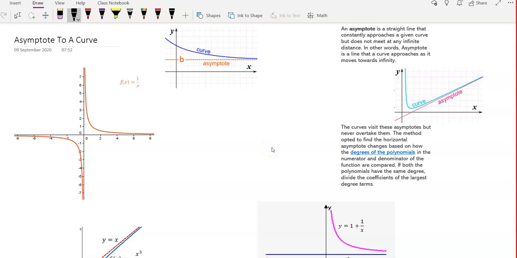Here this line is approaching the curve. Gradually the distance between the curve and the line is decreasing. All of you can see that when x is going to infinity, it seems that the line will meet the curve. The line meets the curve at infinity. This kind of asymptote will be referred to as what? It is a horizontal asymptote.